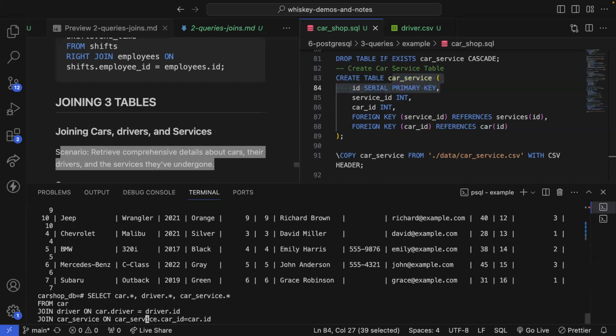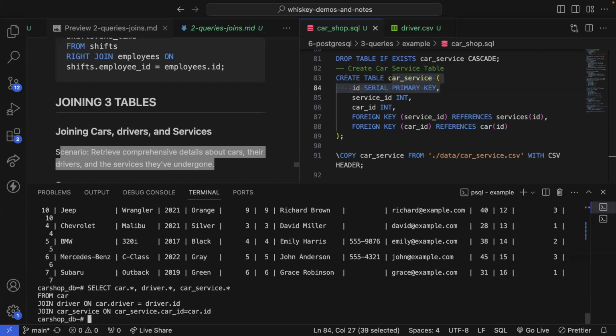Now that we have the service, we should be able to then join with service on where car service dot, and I believe in this case it will be service ID